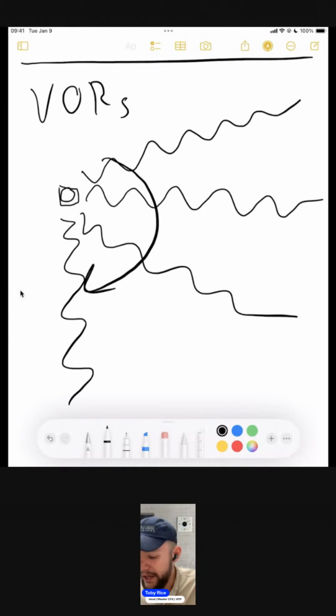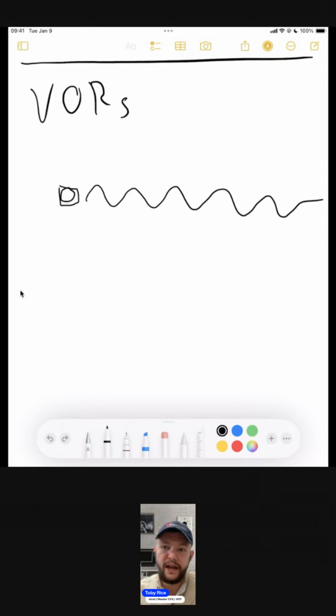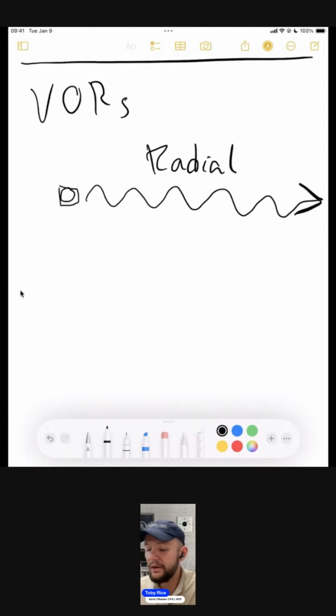What you need to know right now is basically a VOR is a device that shoots out a very specific and directional radio wave. And these radio waves are called radials, R-A-D-I-A-L, because they radiate from the station. And you've got 360 of these little puppies. Now, this is really nice because unlike an NDB, which is a non-directional beacon, a VOR is a directional type of beacon. VOR stands for VHF, which stands for very high frequency, a type of radio frequency that we're using, omnidirectional